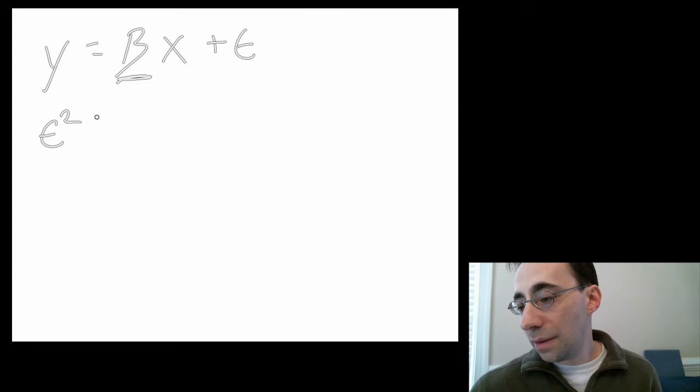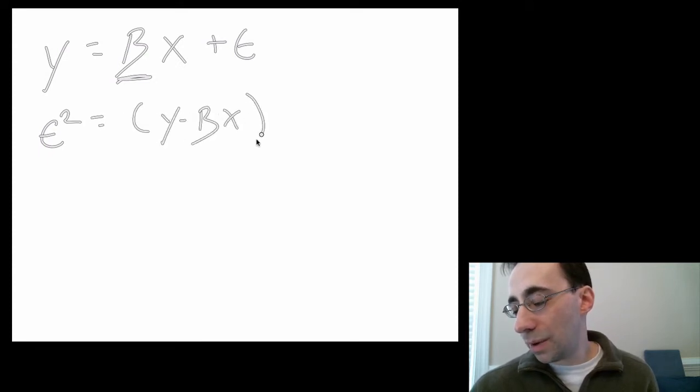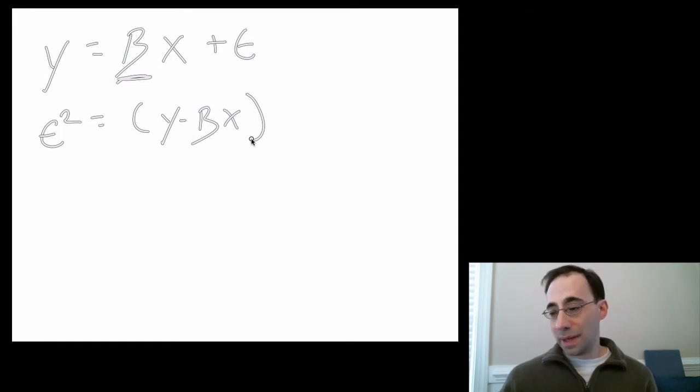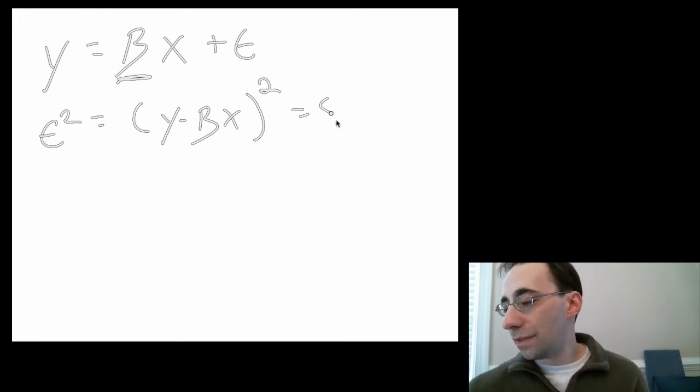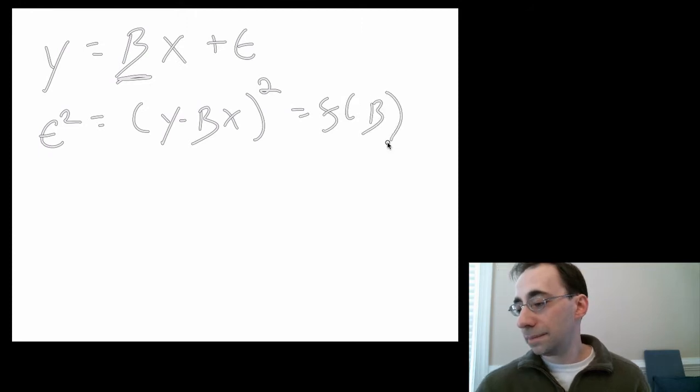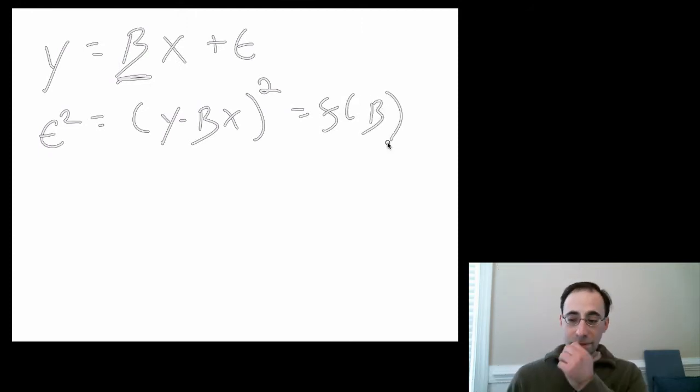So, what's that? Well, we can move this around and get that epsilon squared is equal to y minus beta x squared. Let's call this a function of beta. This thing is going to be what we're trying to minimize. How do we do that? Well, what we do is we minimize it using the same technique we've been using so far in this lecture. Now, a quick aside,